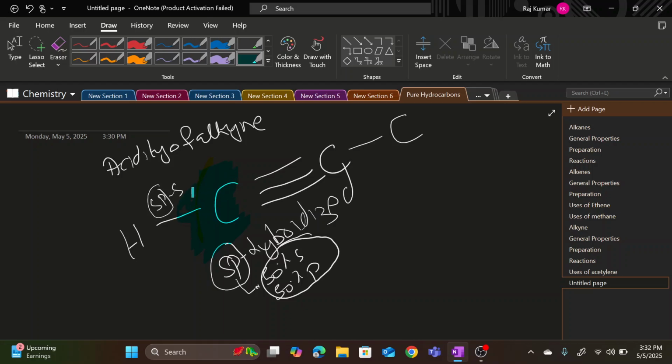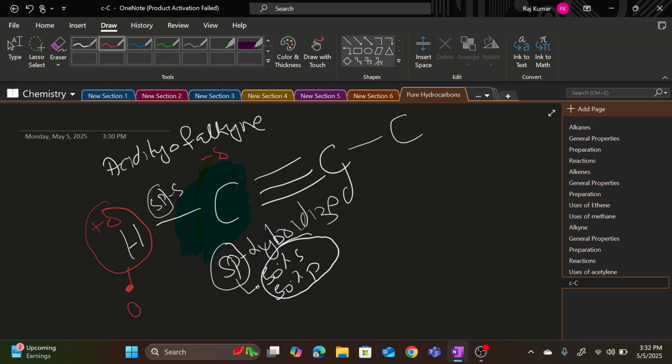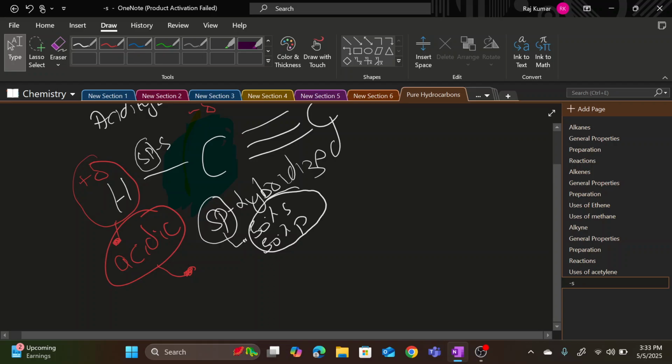More of the electron cloud is attracted to the carbon, due to which it makes the carbon partially negative and makes the hydrogen, which is attached at the terminal, partially positive. Now because that hydrogen is partially positive, it makes the alkyne acidic. That acidic alkyne can then react with various compounds. It can react with, let's say, hydroxides to produce salts, and in that way they can produce a lot of different things.